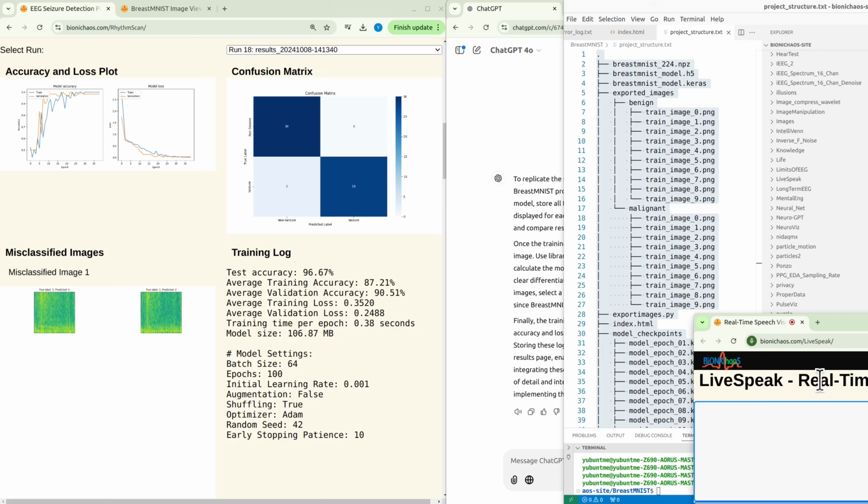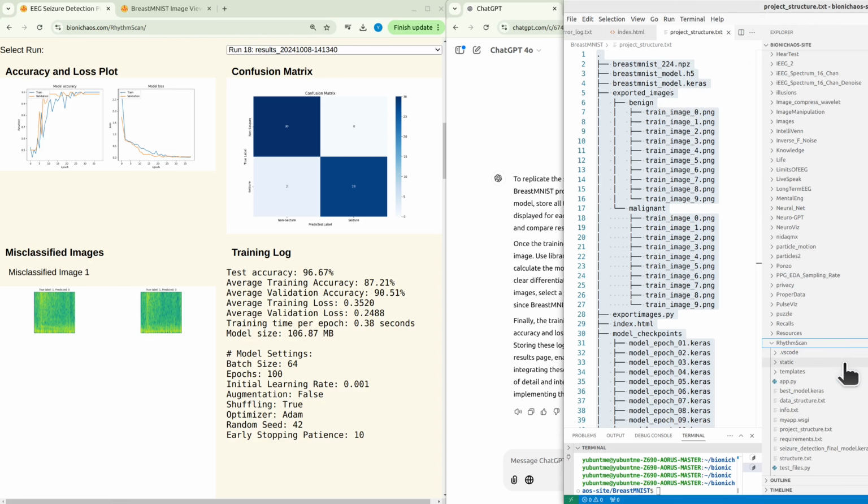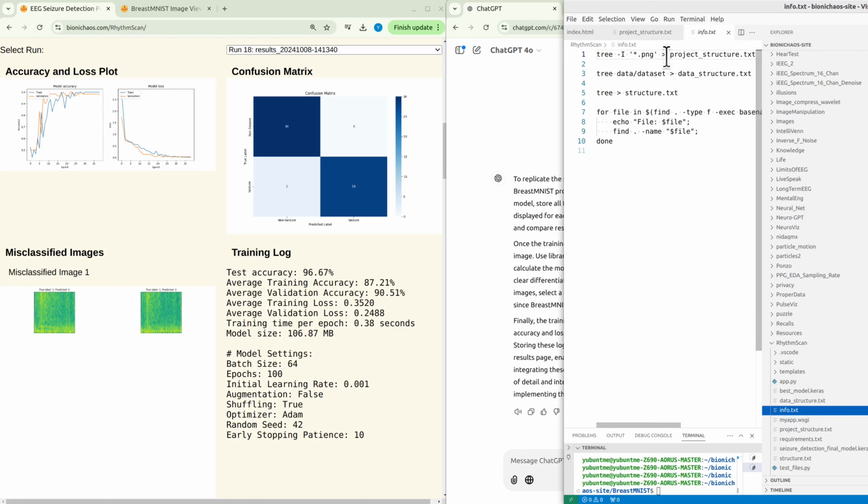So we also have, obviously, all the code for Rhythm Scan, and we'll want to see if we can essentially do the same. So I might share the code with you, or should I share the structure for the project? Yeah, it has a lot of PNG images. Well, Rhythm Scan has actual images, but the